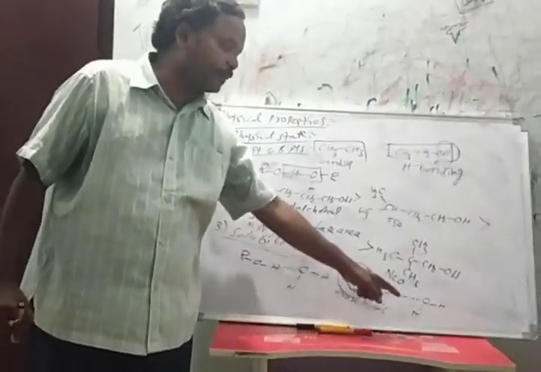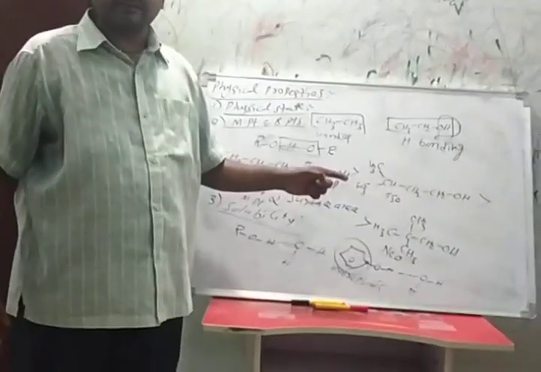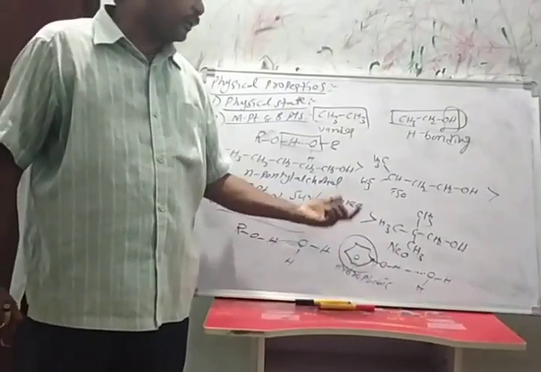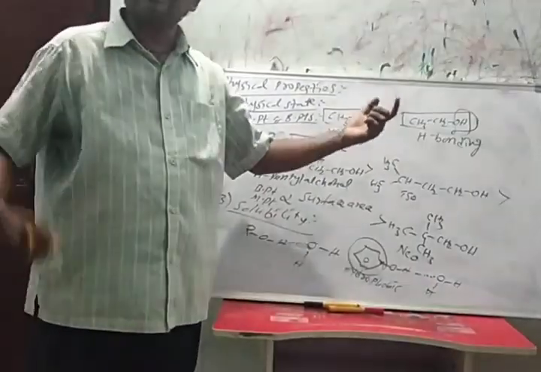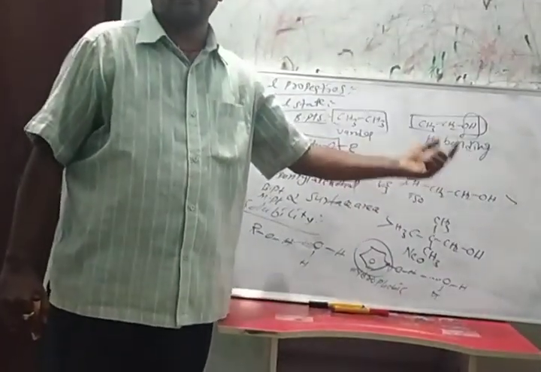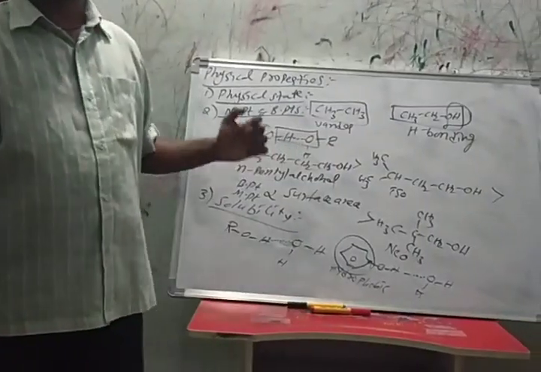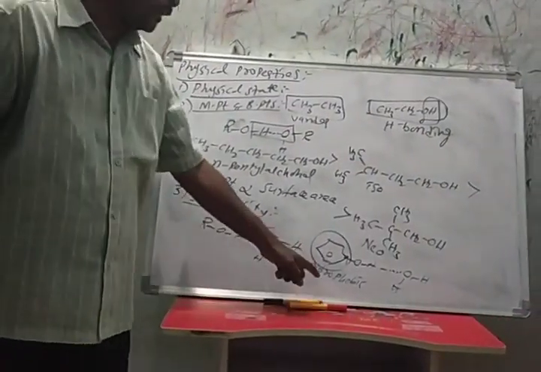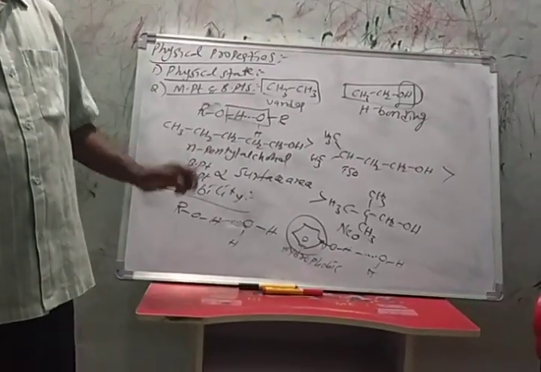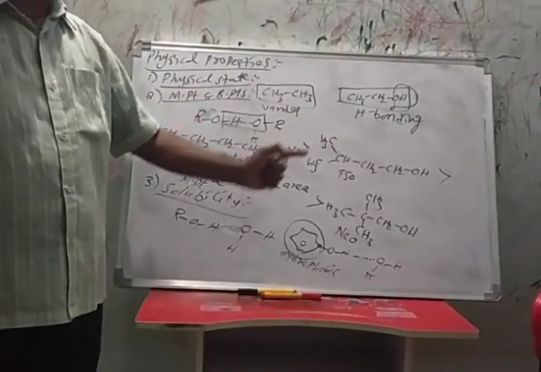This part is soluble in water, but not this part. Benzene is a non-polar molecule and a hydrophobic part, so it does not involve in solubility. So half the part involves in solubility, and the remaining part cannot. This is about phenols, and here alcohols solubility. What about the solubility of isomeric alcohols?